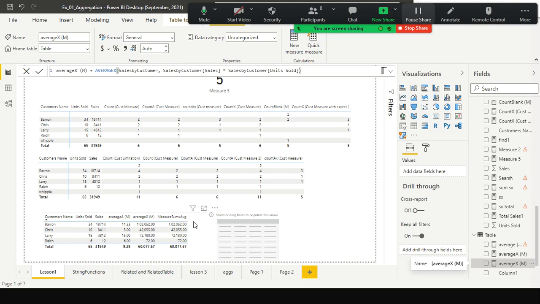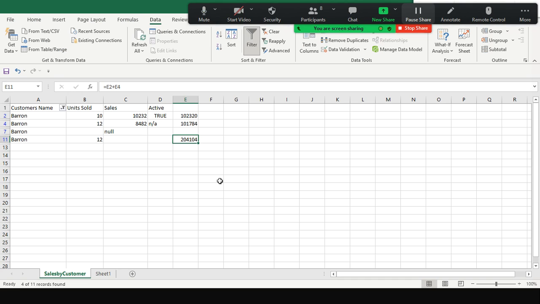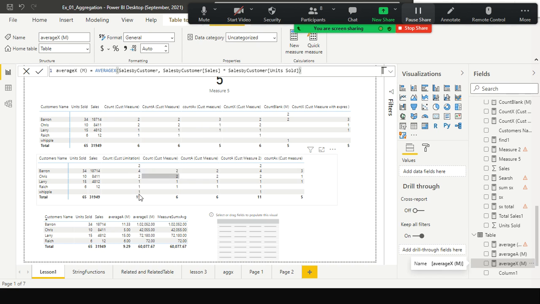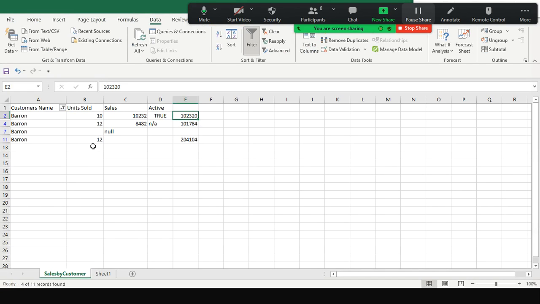Measures, sum x, average. But here 34 is the right value. Here, this one has nothing because we don't have anything, hence it has to ignore this one.